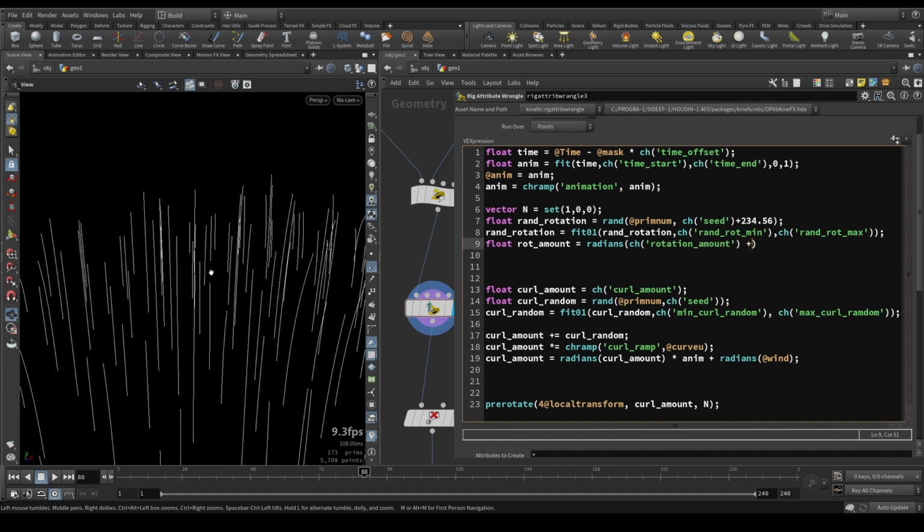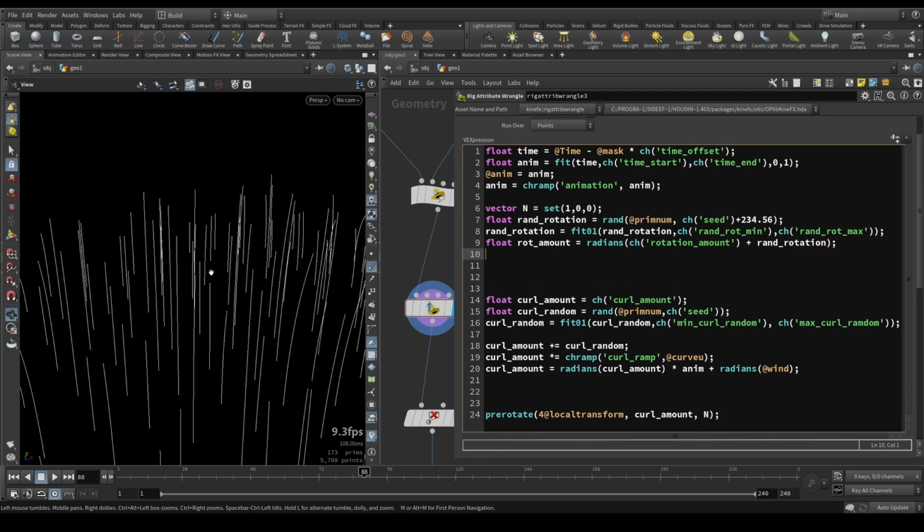And we will add our calculated random rotation to it. And then finally, from this, we will get our vector 4. It would be the quaternion, and it will be equal, as we discussed before, to the angle, which in our case is the random amount,